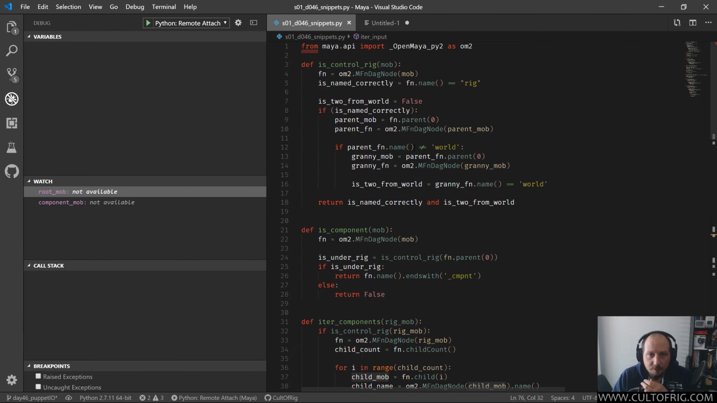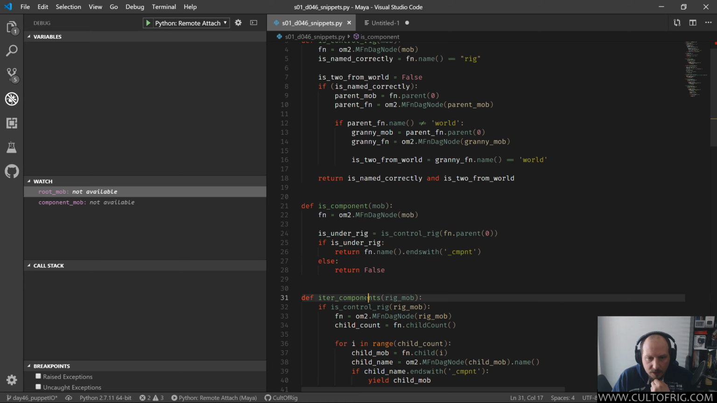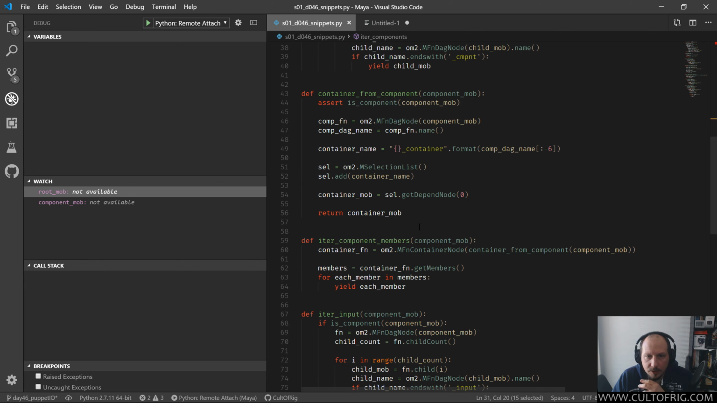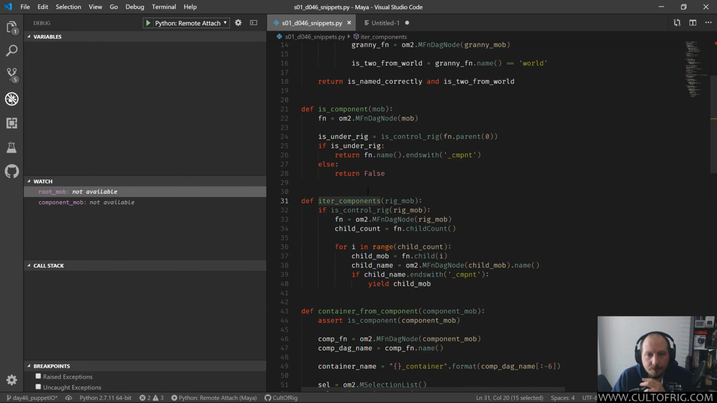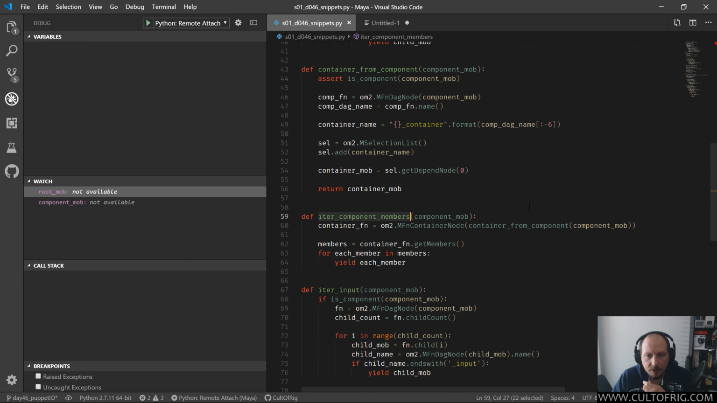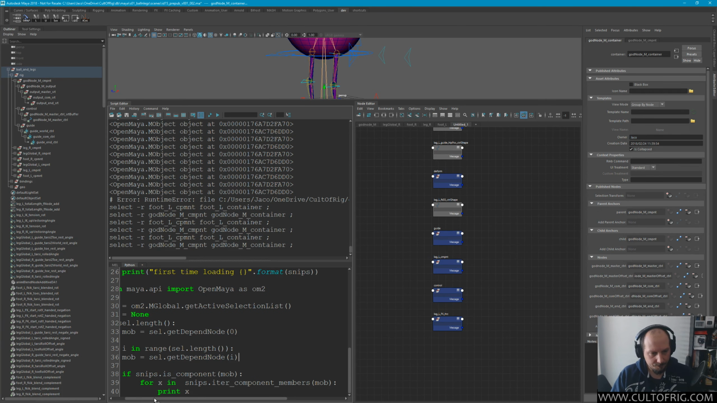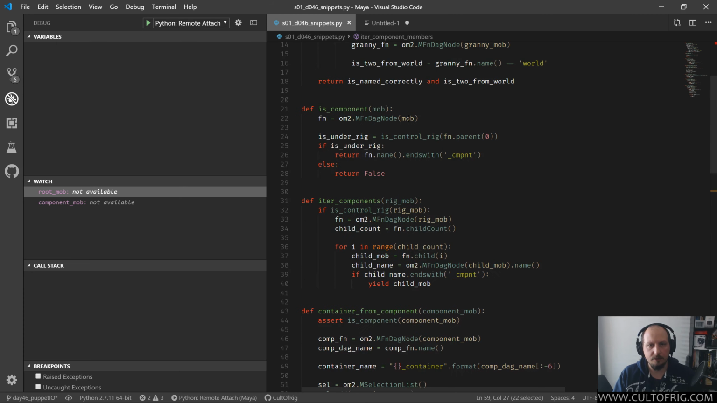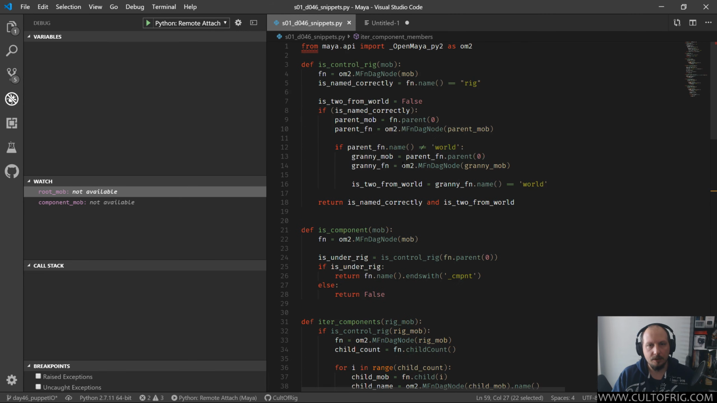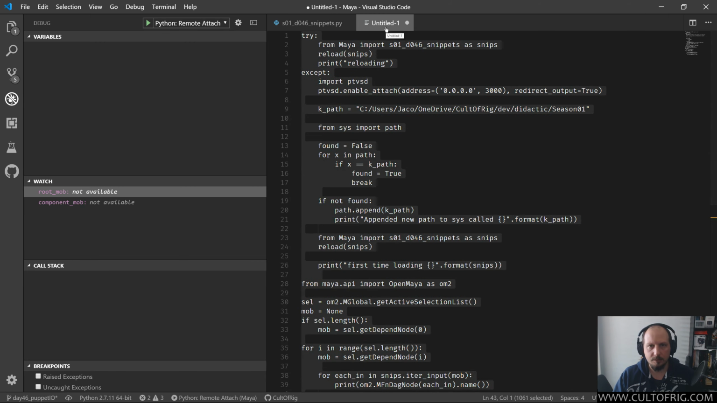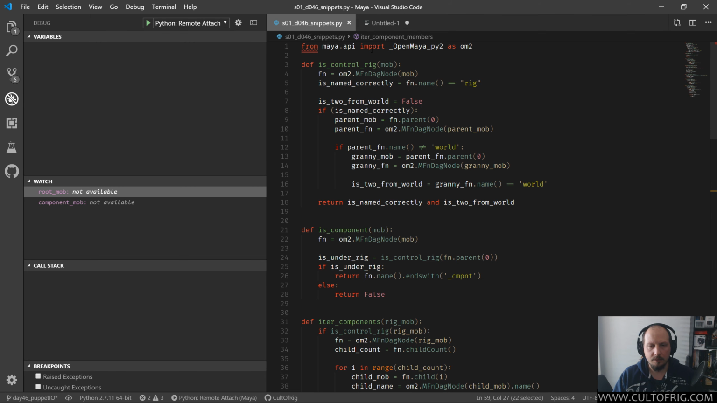So we can find if something is a control rig. We can find if something is a component. We can iterate the components, so either components from rig mob and then either component members. So our final test here, I will say, is the use of, let me make a note of these before I make a boo-boo. What I want to do is control rig,